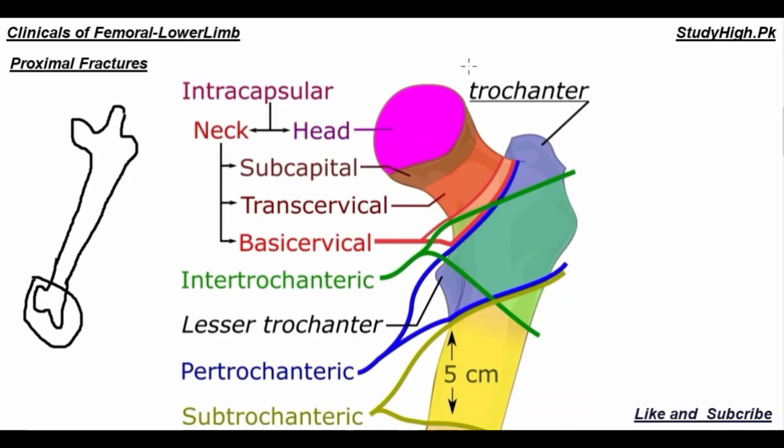The different parts of the femoral head and neck are the greater trochanter and lesser trochanter. So here is the head and neck. The neck is the weakest and narrowest part of the femoral bone, and most frequently the femur is fractured at its neck because it is the weakest part. The head contains a small depression called the fovea, and this femoral head articulates with the acetabulum of the hip bone, involved in